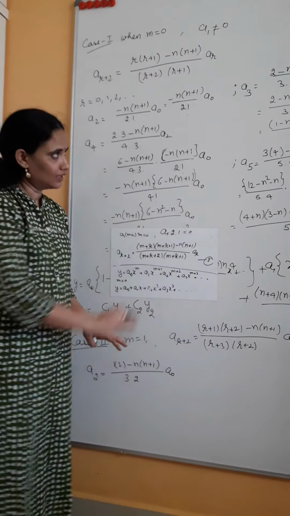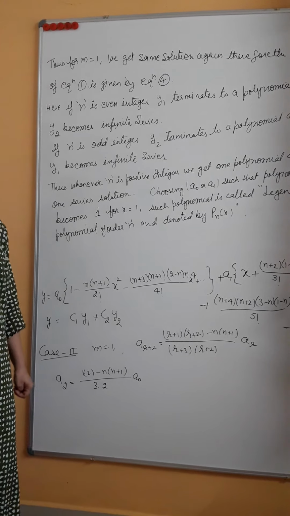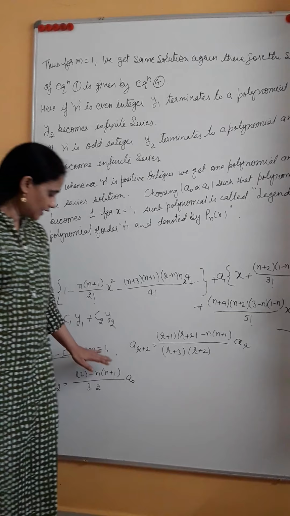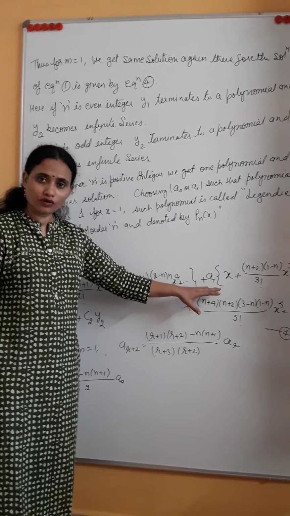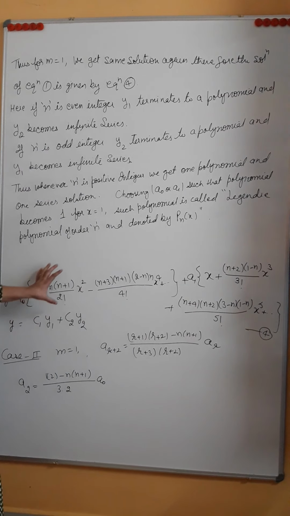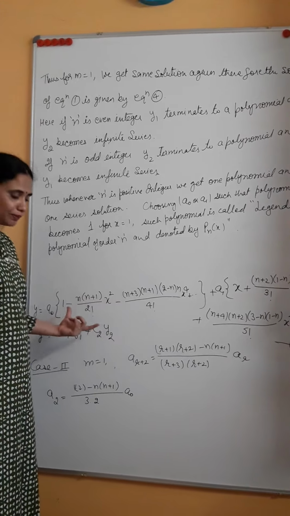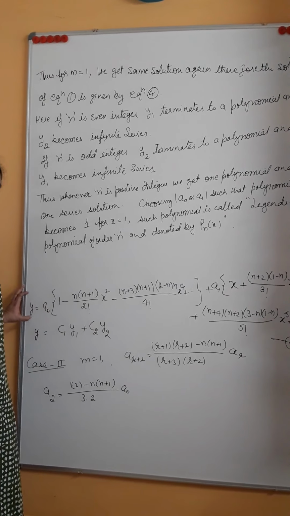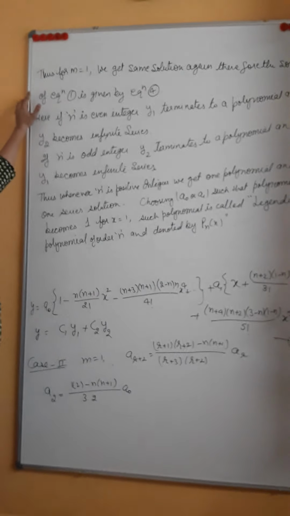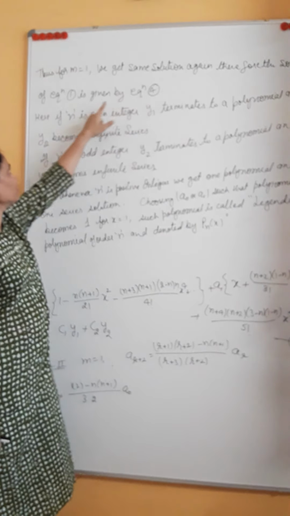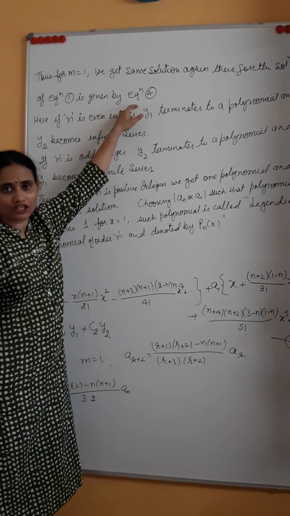So how to mention it? Now I will write everything so that you can understand. As discussed, for case m equal to 1, whatever solution we are getting is nothing but the repetition of a few of the terms from equation number 4, which we obtained for m equal to 0. So we need not go for that. We can say that the general solution is given by y of equation number 4. Thus for m equal to 1 we get the same solution. Therefore the solution of equation number 1, that is Legendre's equation, is given by equation number 4.